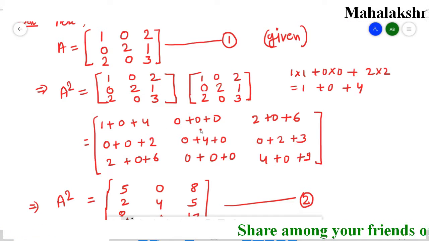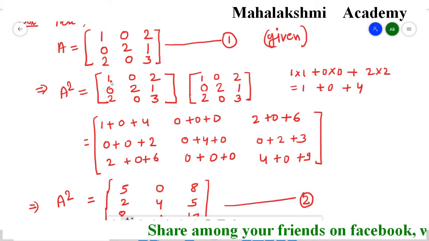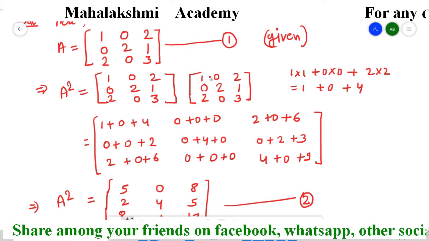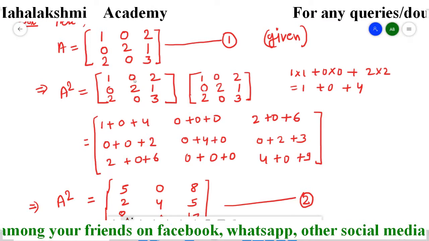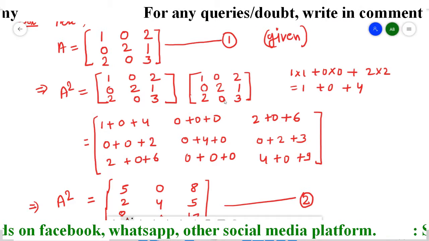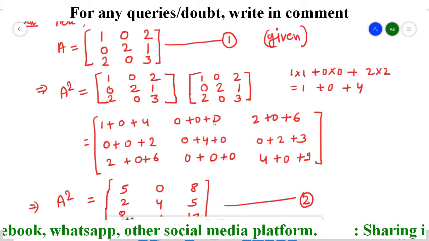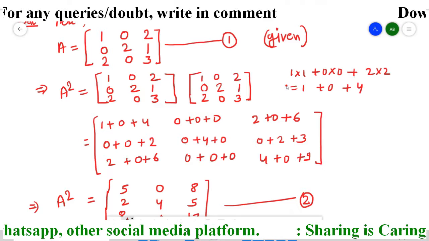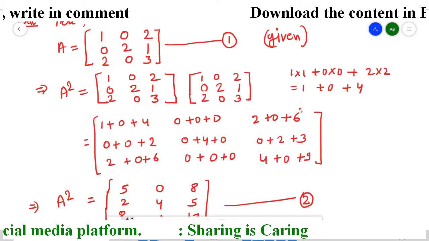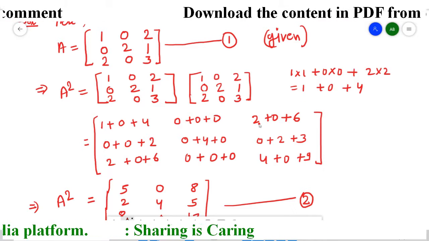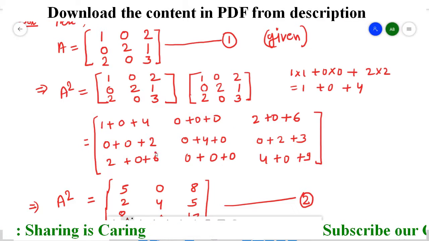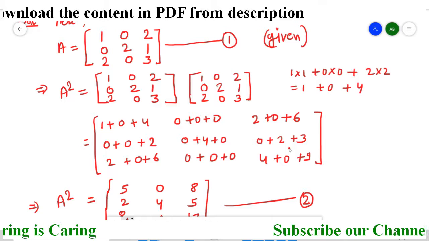So we can do this orally also, like this: first row multiplied by second column. This 1 multiplied by 0, answer is 0. Then 0 multiplied by 2, answer is 0. Then 2 multiplied by 0, answer is 0. So like this we can write it. And if you are not comfortable like this, just write it roughly and then enter it here. But try to practice it directly. In the same way I obtained the remaining rows also.